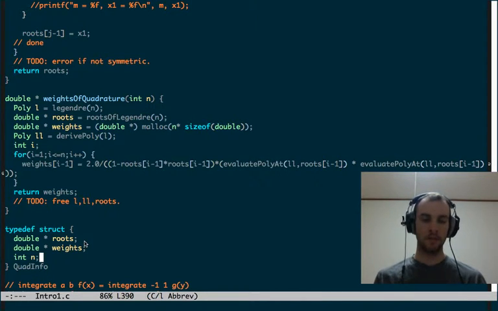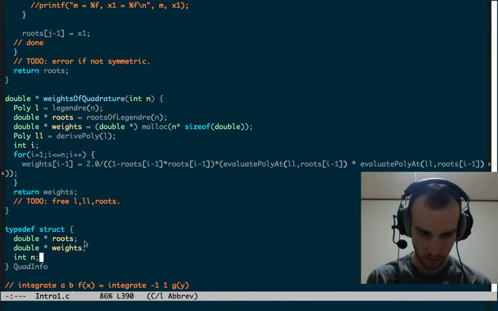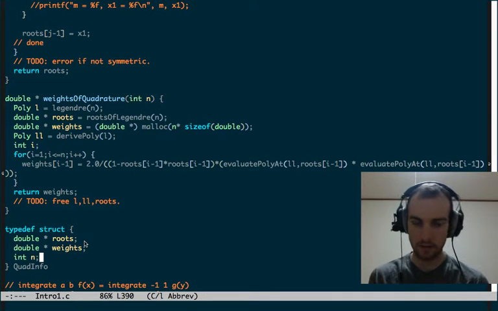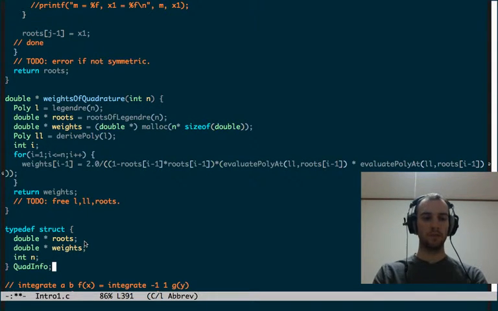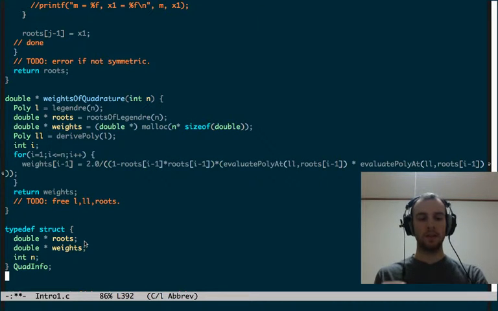So we want you to be able to compute this thing, the roots, the weights, for a specific value of n, and then just give that to the function. You just want the function to know it after, to not recompute it every time, but at the same time you shouldn't need a messy initialization of the function. So I think what we will do, hopefully that will work, is that